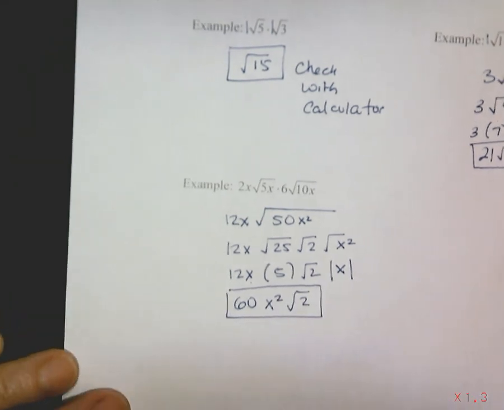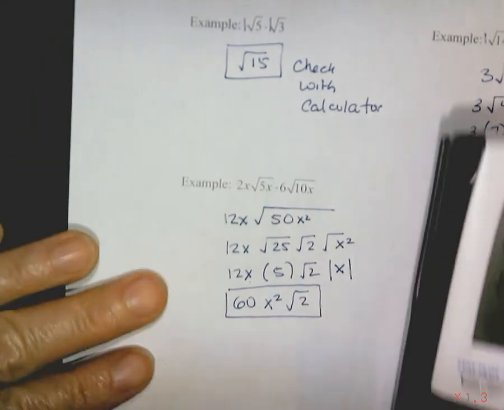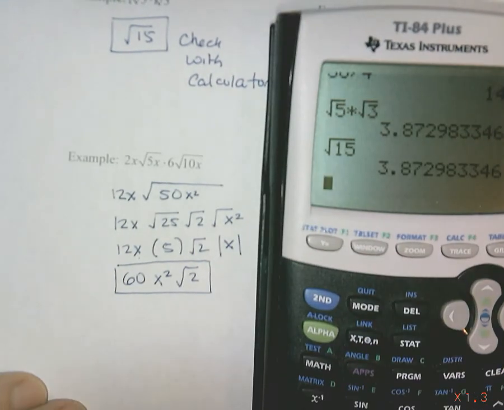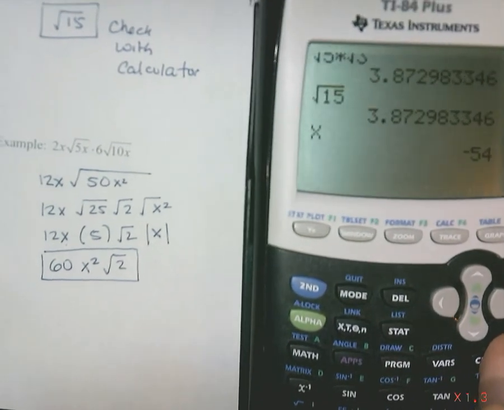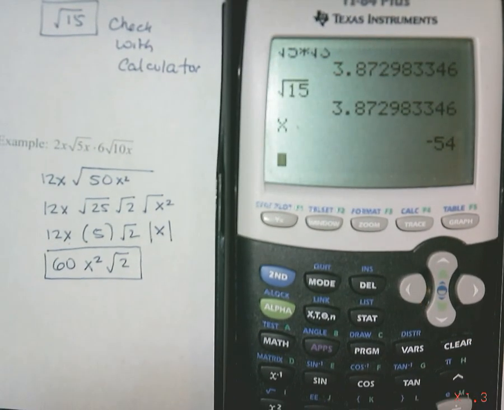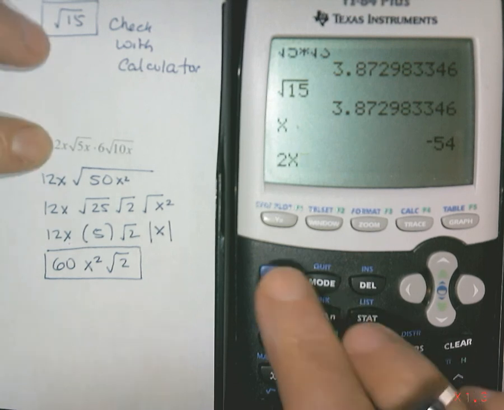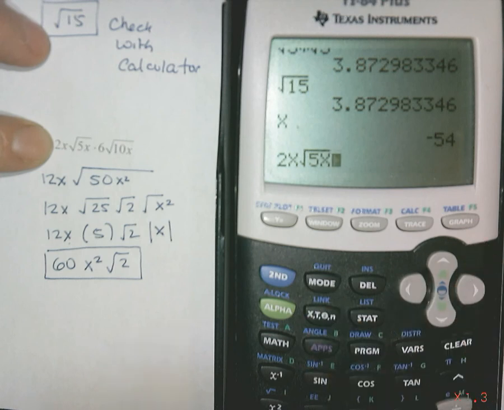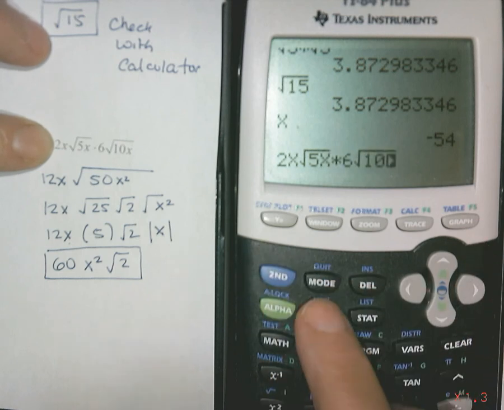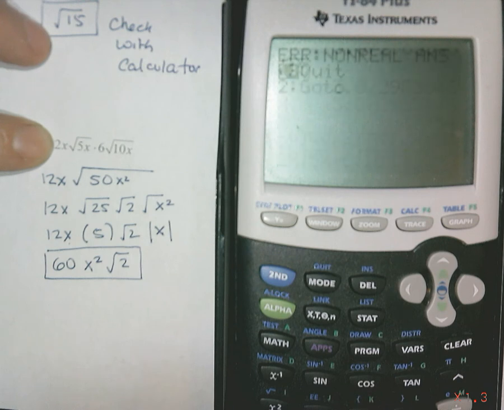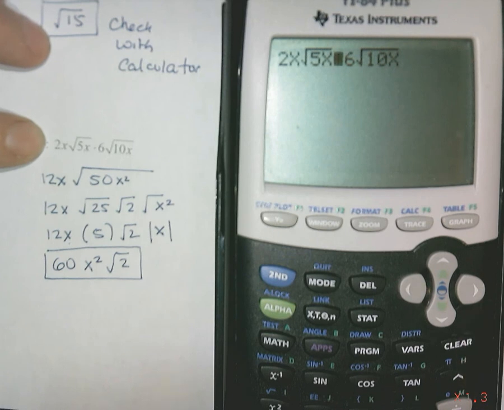And I could check this with a calculator, as I've shown you before. So I would go ahead and see what my value of x is. I'm going to hit x, enter, and my x is negative 54. That's fine. It doesn't matter as long as it's not 0 or 1 or negative 1. So I'm going to type in exactly what I started with: 2x square root of 5x times 6 square root of 10x. Oh, non-real answer. Can't use negative 54. Okay, so let's use